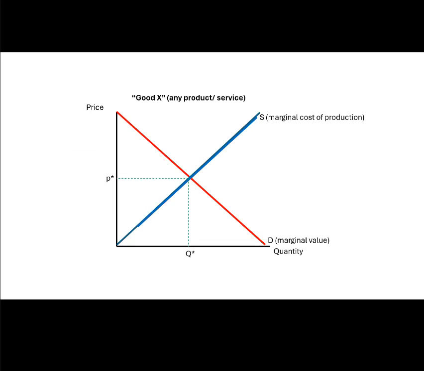So let's think about this really simply in terms of supply and demand. Now, I've got just generic good X. It could be anything, right? Name the product you're interested in having more of. I'm interested in having more sirloin steaks because they're kind of expensive and I'd like to have them maybe once a week instead of once a month.